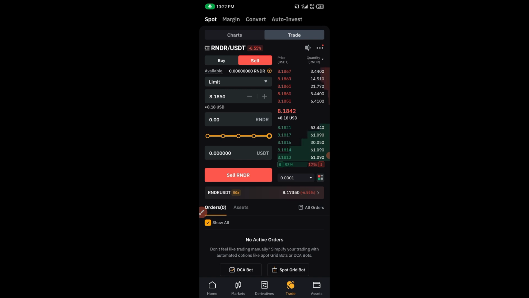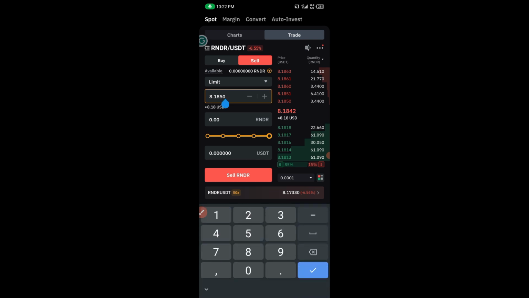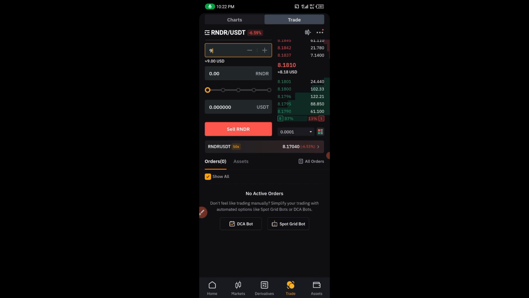Assuming we bought with that $10 and we are selling at $9, we'll be making around $11 or so. Understand? So that's how to convert your native currency into USDT and how to buy and sell your